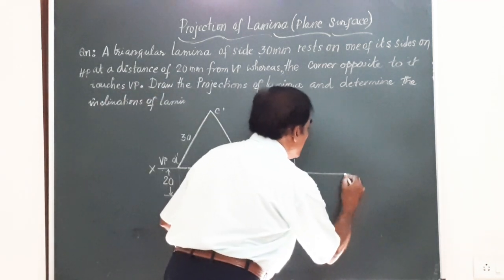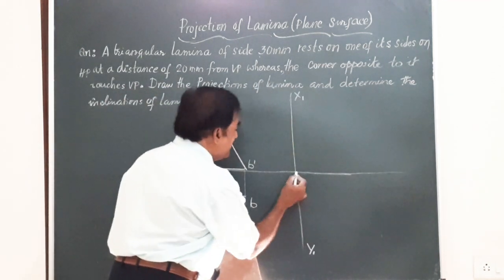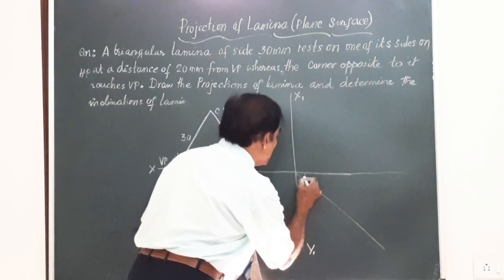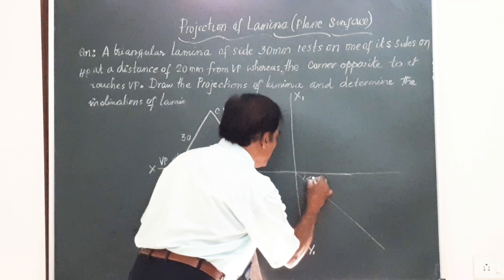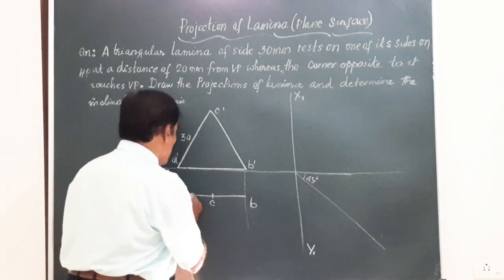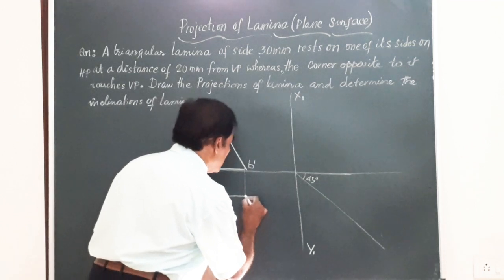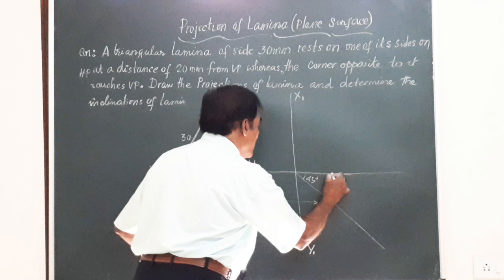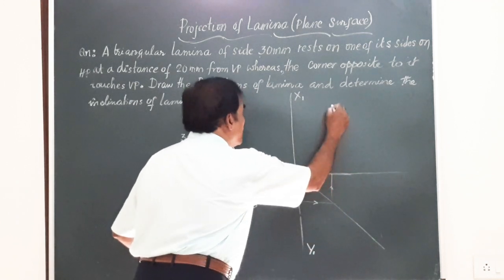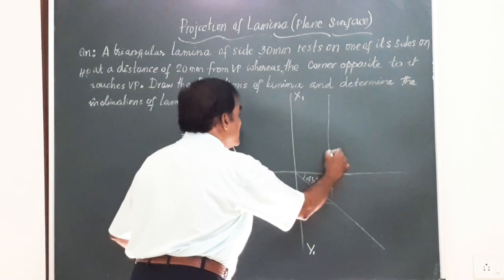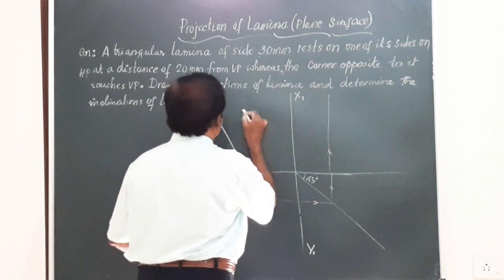To get this side view, there is a procedure, friends. You draw a line here at an angle of 45 degrees to the horizontal. And when you draw this 45 degree line, you get these points one by one, A, C, B. You just draw a horizontal line till it meets here. From here, you draw a vertical line straight through. I will also give you the reasoning why it should be drawn up to here.